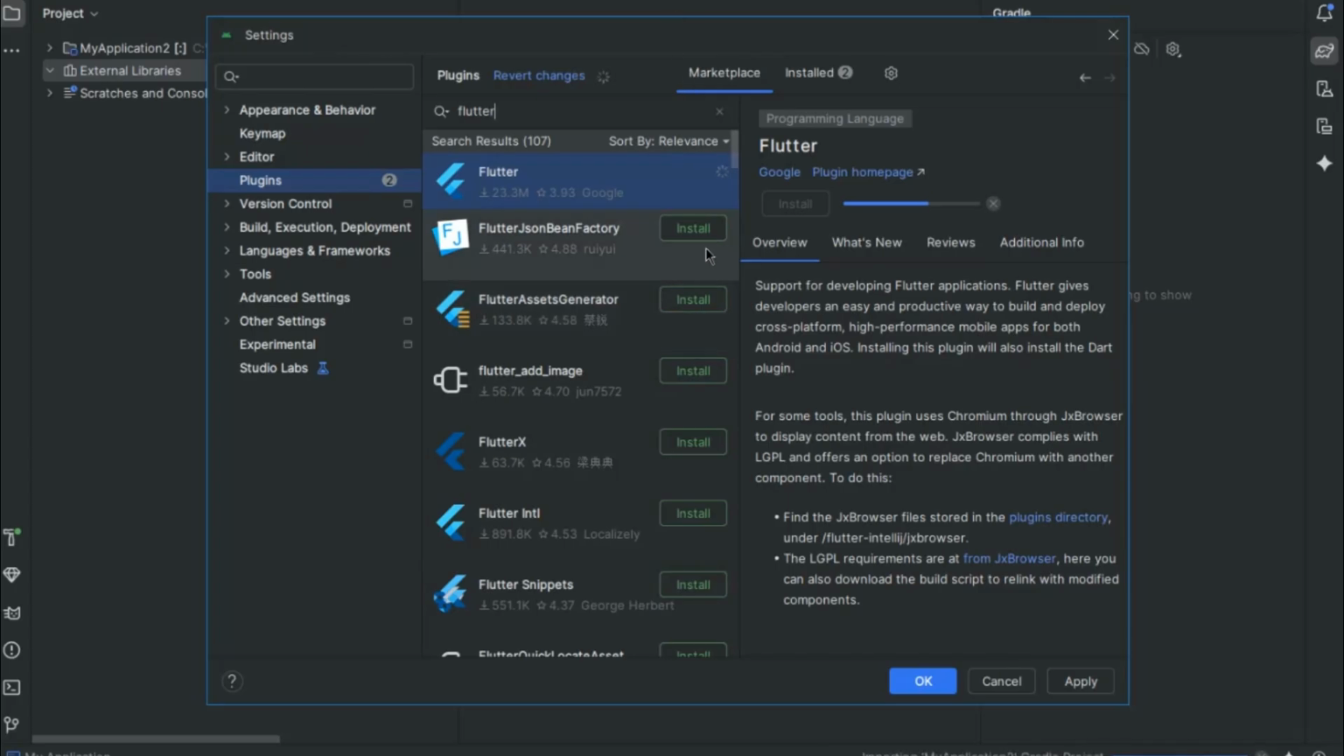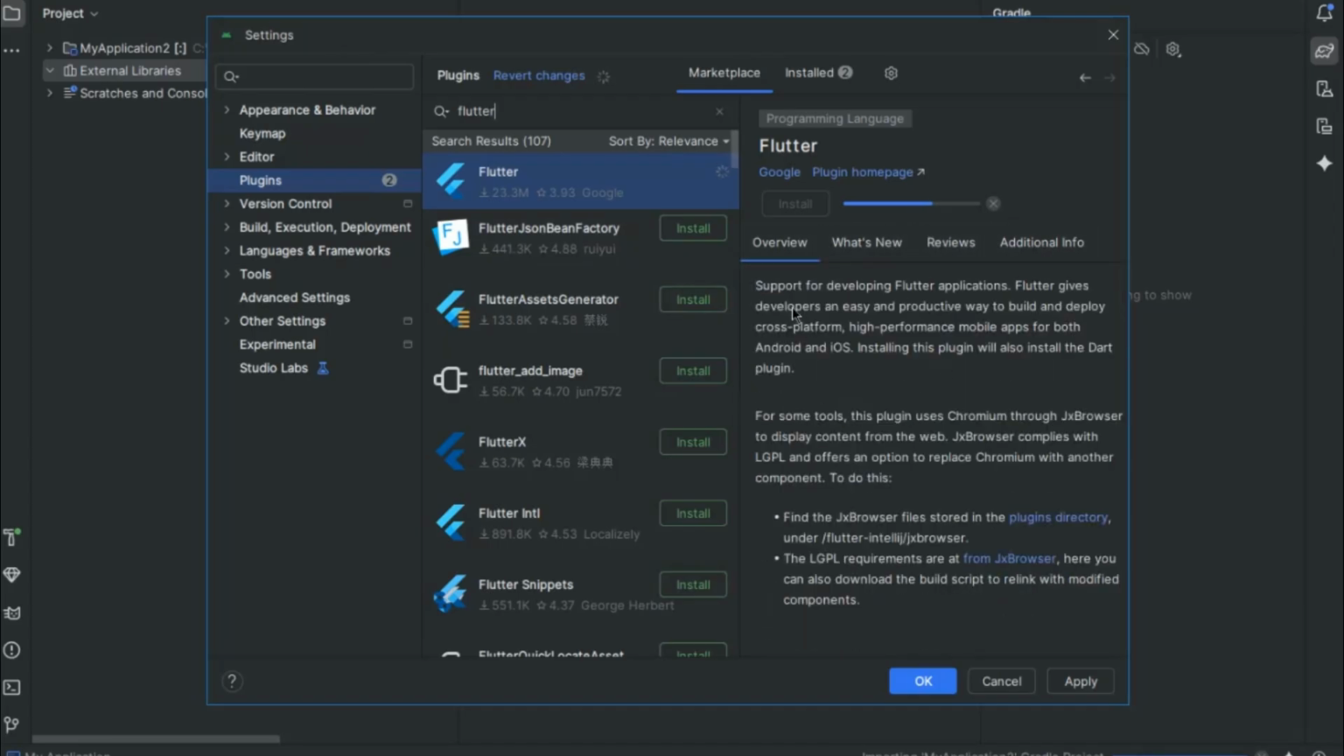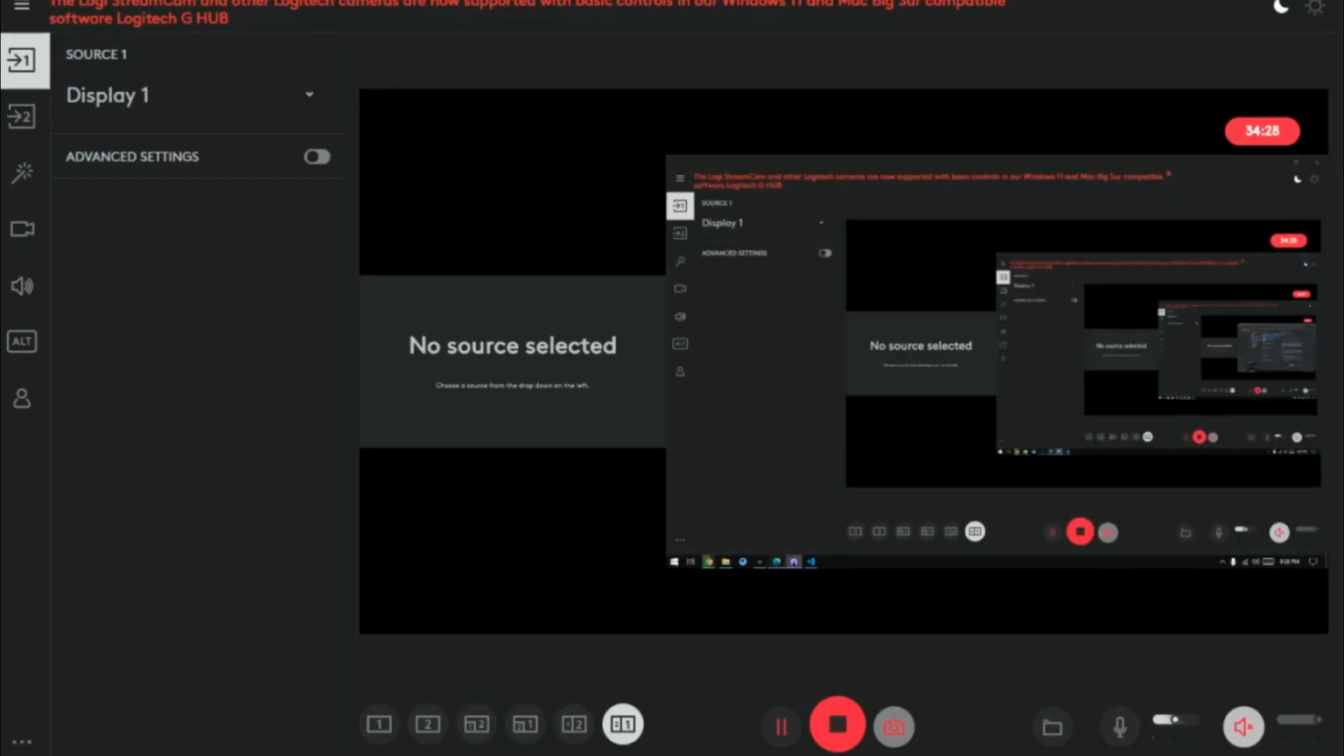So now it takes a little time. Okay, and the reviews and an overview have also been coming. The overview, if I read it for you, says: support for developing Flutter applications. Flutter gives developers an easy and productive way to build and deploy cross-platform, high-performance mobile apps